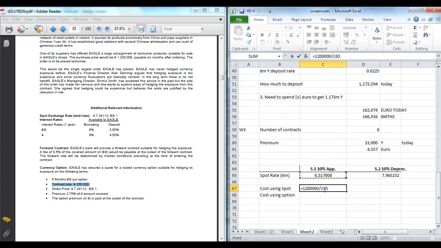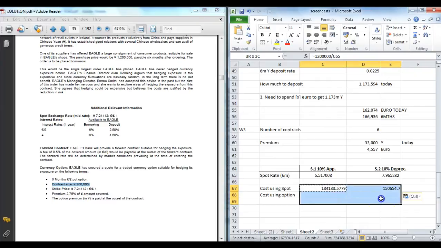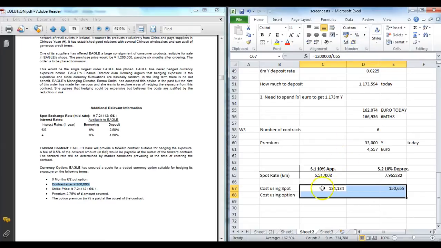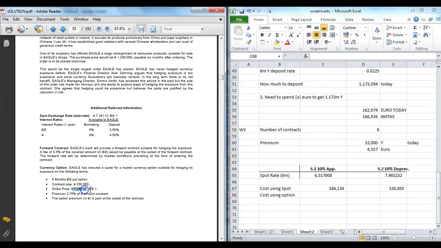It will cost us 180,000 here and 150,000 here. So we know if we use the spot rate, we've done this before, this is typically called the unhedged, those are what the cost will be. So that's fairly straightforward. However, if we use the option and we exercise the option, i.e. use our entitlement to use the rate of 7.2412, it will cost us here